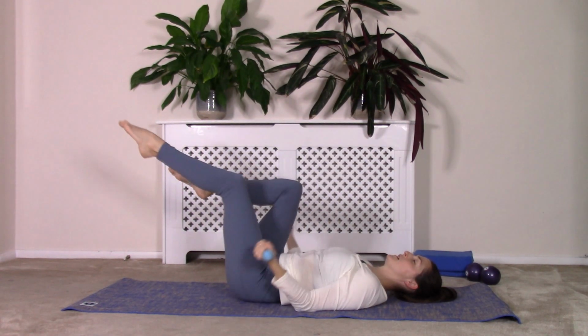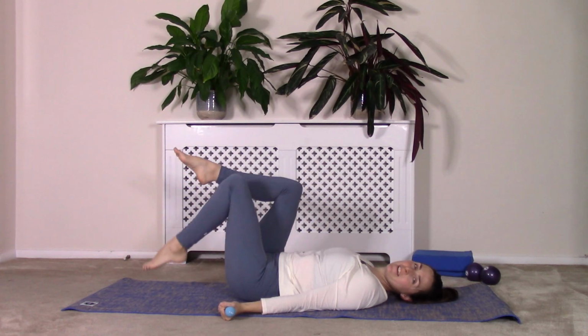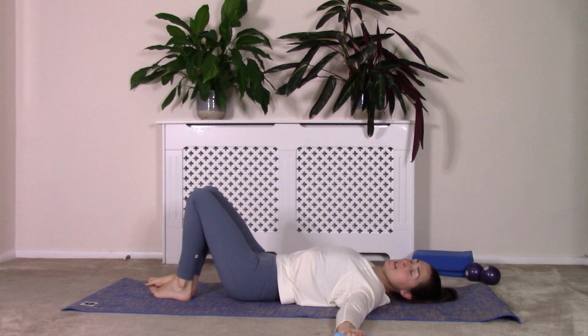Good. Let's do one more each side. And back. One more time. And then lowering those arms down and lower those legs down one at a time if those lifted. Well done. Okay, so we're going to bring our arms nice and wide, bring those palms, keep those palms up